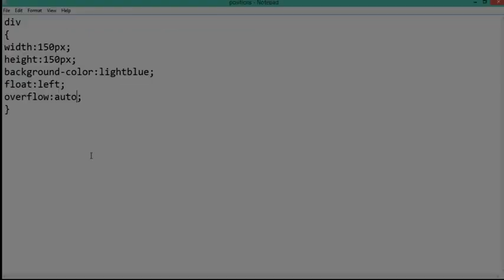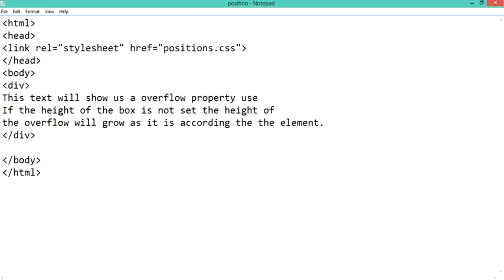Then we also have the overflow property. If we set it to auto, the content will be shown as it actually was in that format. When we use scroll, it will show horizontal or vertical bars. Then there is a property which allows us to overlap the text or whatever tags and elements we have given in our HTML document,